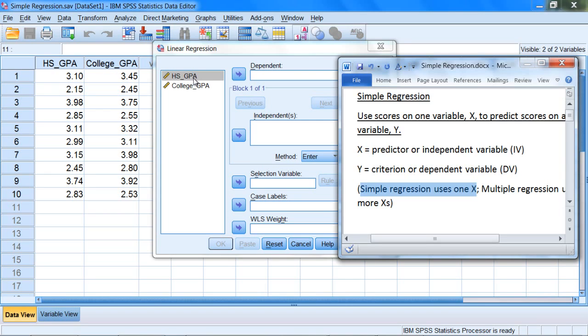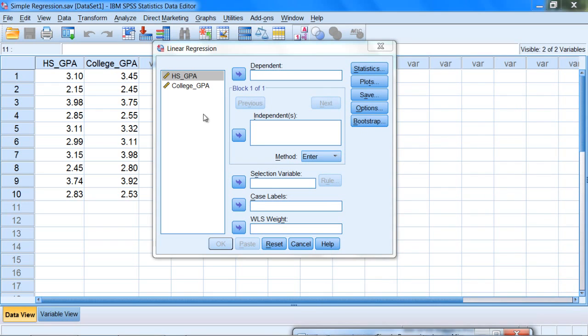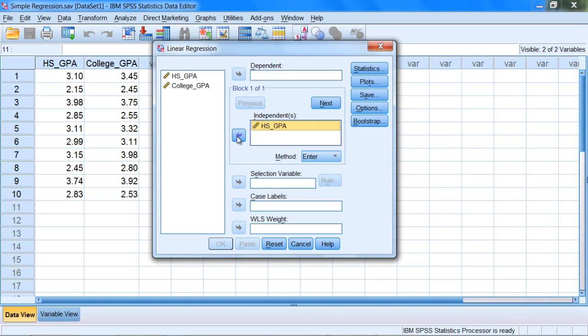So we'll go ahead and move high school GPA, our independent variable, to the independent box. So we'll click on that, move it to independent, and then we'll select college GPA next and move that to dependent. Next, we'll go ahead and click OK,